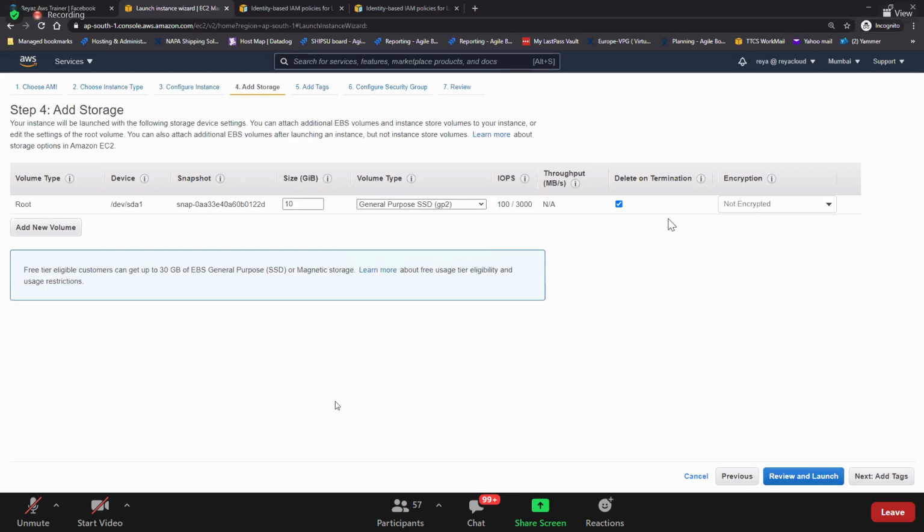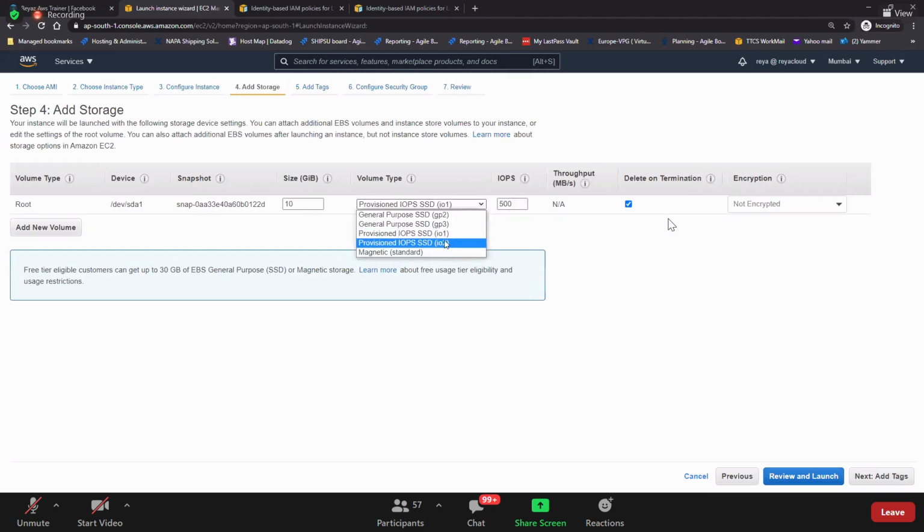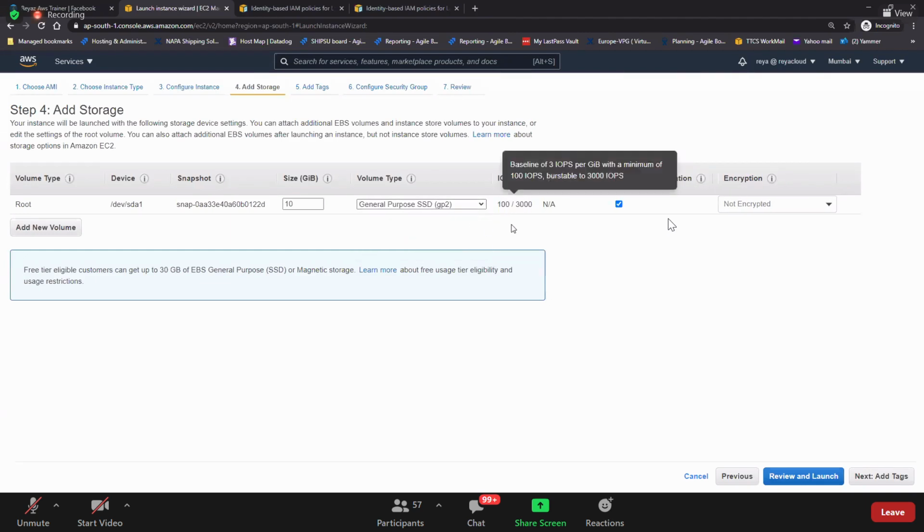So volume type. Which is the default volume type we use? GP2. Do you see that? GP2. And what ratio of IOPS do you get with GP2? 1:3. Do you see that here? 1:3. Right. So which ones are IOPS configurable? GP3 is IOPS configurable, IO1 is IOPS configurable, IO2 is IOPS configurable, and GP2 by default has 1:3.